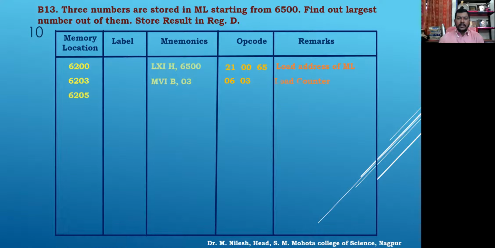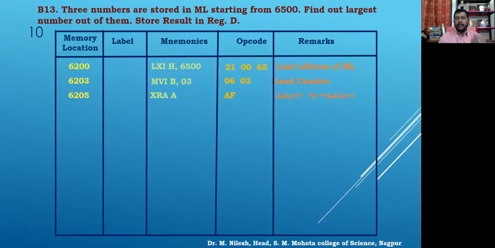We have to empty the accumulator. So what is the instruction? We can use MVI A, 00 also, and we can use XRA A also, right? XOR the contents of the accumulator with itself, so that the output will be 0. I am doing that because MVI A, 00 requires 2 data bytes, whereas XRA A requires only one, 8-bit, so a 1-byte instruction. So XRA A, that is AF, and we have emptied it for the smallest number.